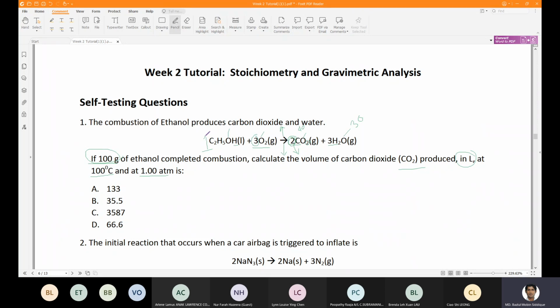Molecular weight of ethanol: carbon is 12 times 2, right? Carbon is 12 times 2. How do you know? We know from the periodic table, because each one carbon atom is 12, or carbon molecular mass is 12, and there are 2 carbon atoms, so 12 times 2 is 24, plus hydrogen, let's say round up to